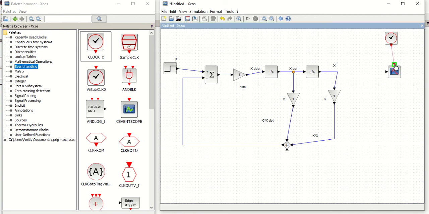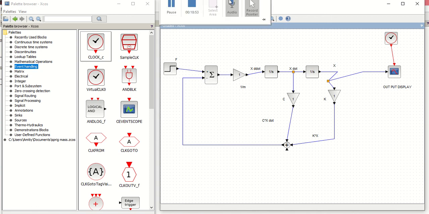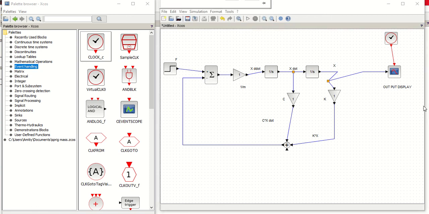Now I need to connect it. Yes, so I can write it here as output display. Now our system is ready.